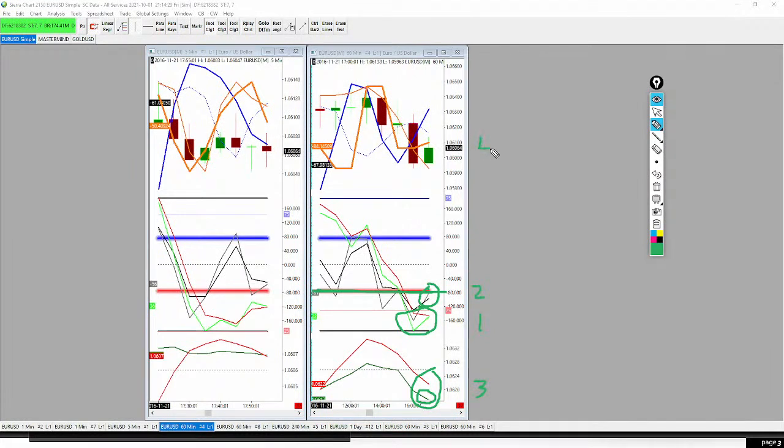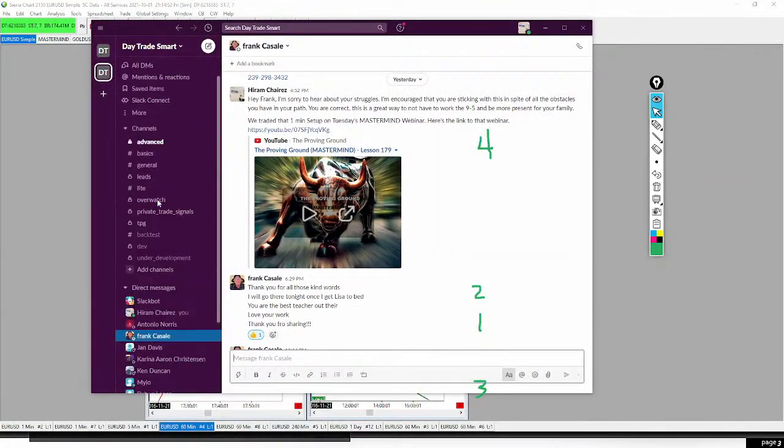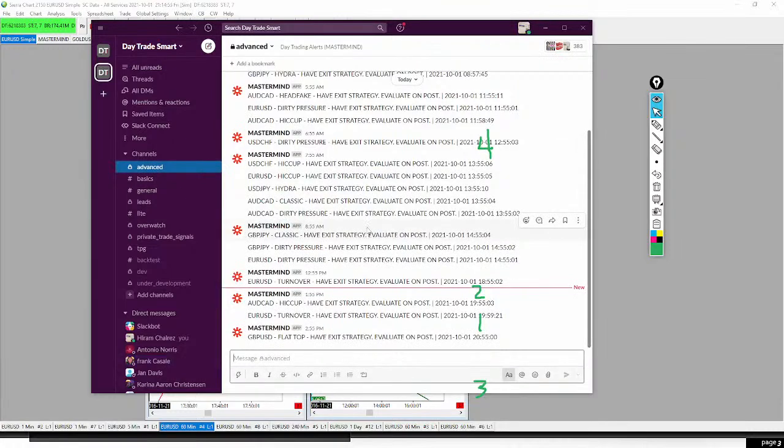And then the fourth element is the candle itself. We want to see a green candle when these are oversold and green is on bottom of red. And this gives us our hiccup pattern. And this trade is a sell trade. So when we send out alerts for this particular trade, it would be to sell in that scenario. If we go to advanced, you can see we get these, right? Hiccup, hiccup, hiccup, so on and so forth.